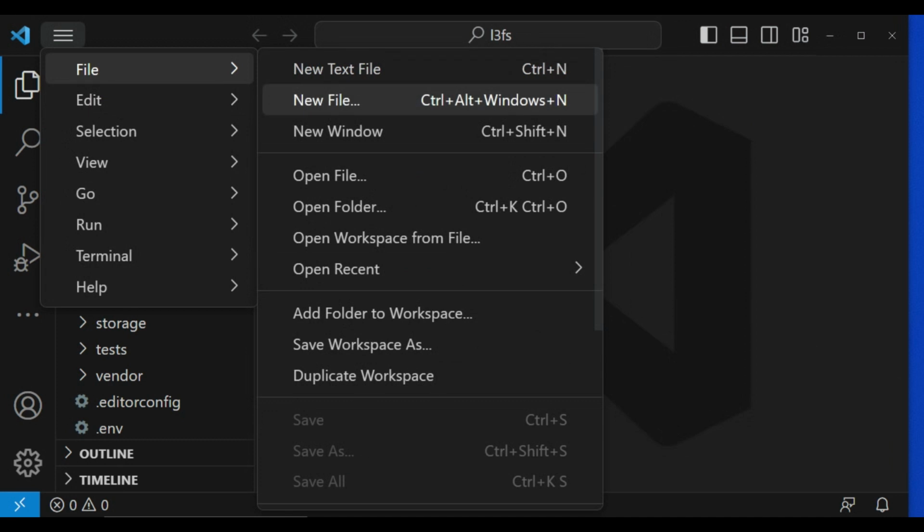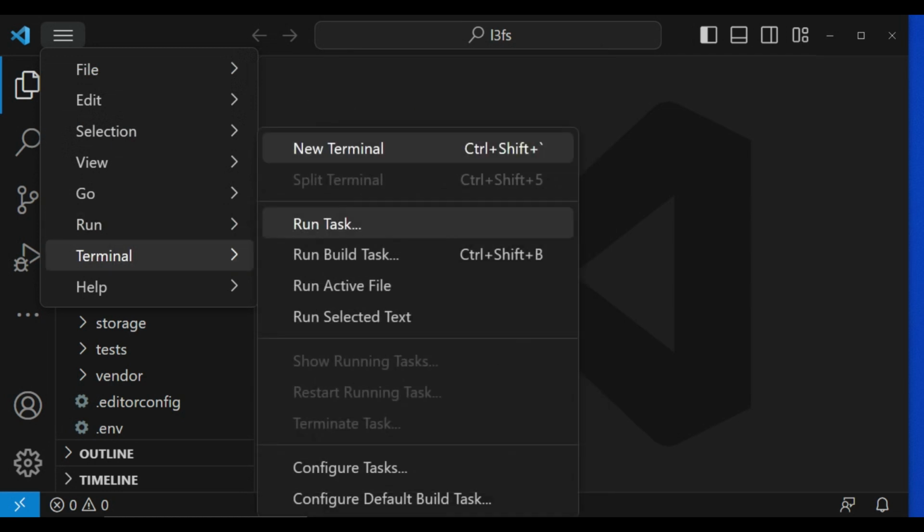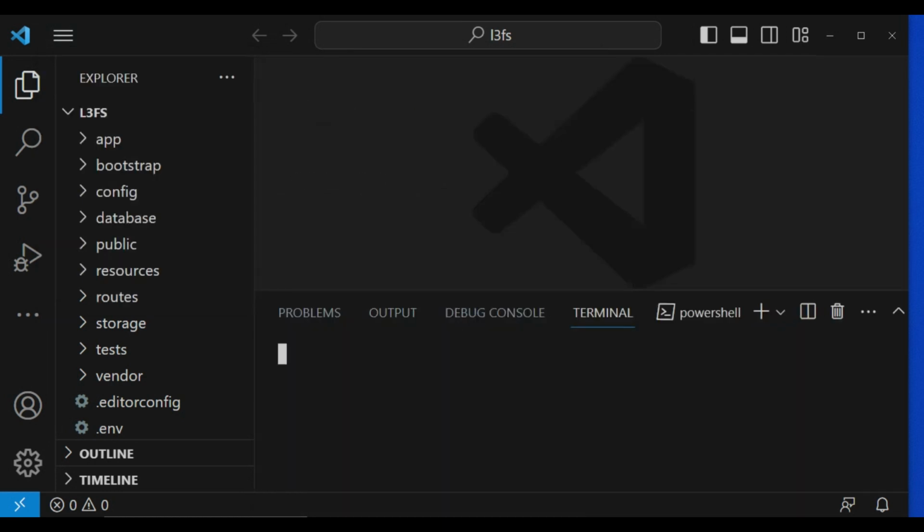I'm going to open the terminal, and inside here, if we want to create a Livewire component, we are going to run the command php artisan make:livewire, and then the name of what we would like to create. In this case, I can write counter like that, and when I click enter, this is going to create